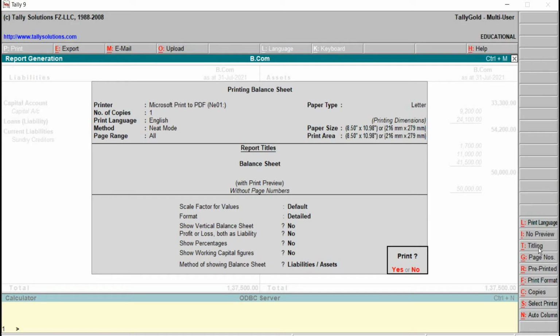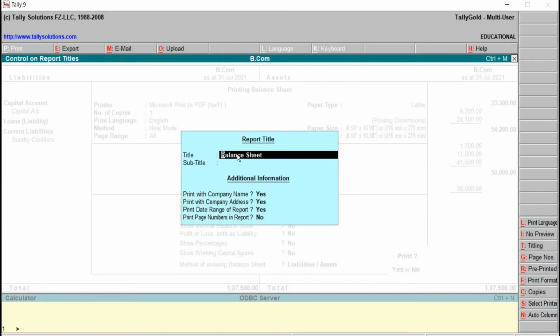The next is regarding the title. We can see the title is balance sheet. In the same way, we can provide the subtitle also. Additional information also can be provided, that is print with company name. Default is yes. We can make it no also. Company address, yes. Date range of the report, yes is there.